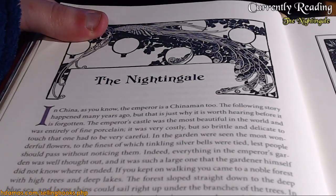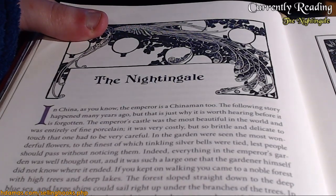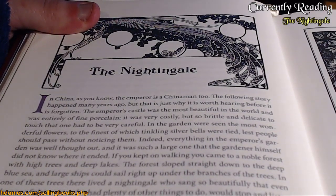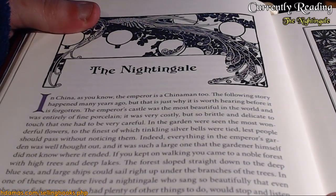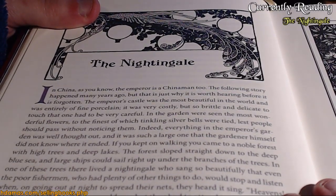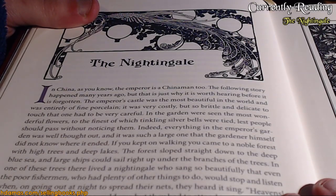The emperor's castle was the most beautiful in the world and was entirely of fine porcelain. It was very costly, but so brittle and delicate to touch that one had to be very careful in the garden. One had to be very careful. In the garden were seen the most wonderful flowers, to the finest of which tinkling silver bells were tied, lest people,